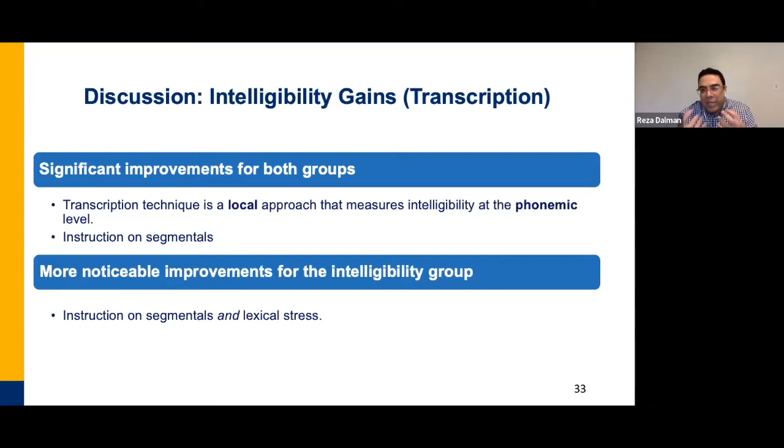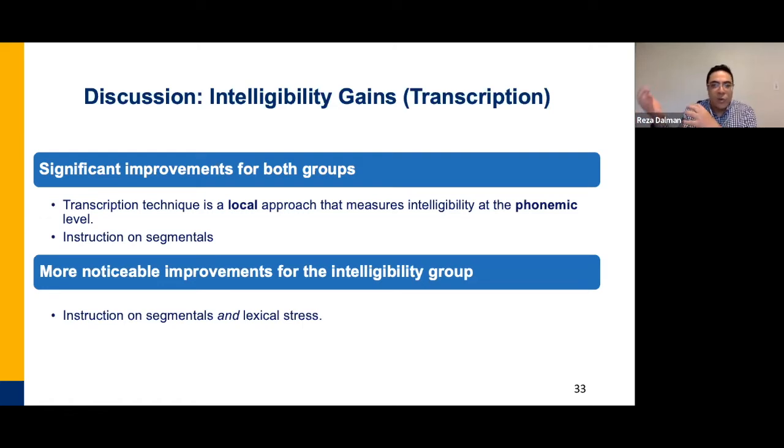What do these all mean? Okay, first, for intelligibility, there was a significant improvement for both groups, both the intelligibility and the comparison group. This is because transcription technique, which was used as a measure of intelligibility in this study, is a local approach that measures intelligibility at the phonemic level. This means that any kind of segmental deviations in the L2 speech of the L2 learners would affect the intelligibility of the L2 speakers. As the result of the pronunciation analysis showed, both the intelligibility and the comparison group produced